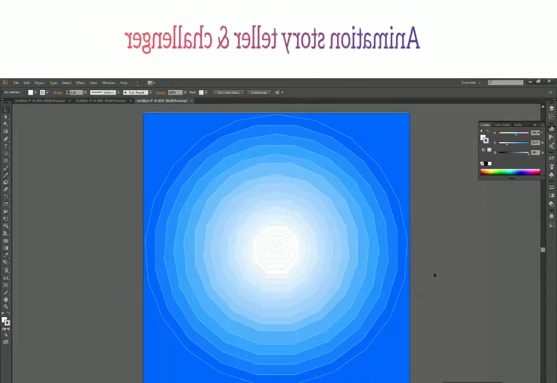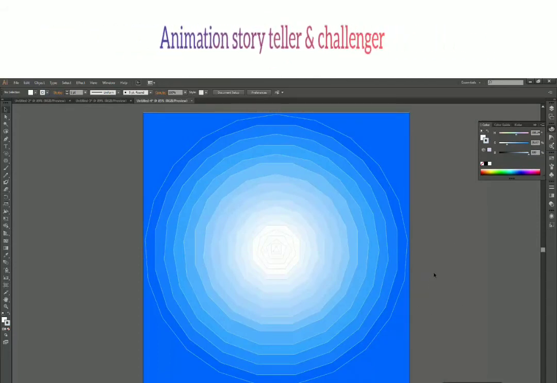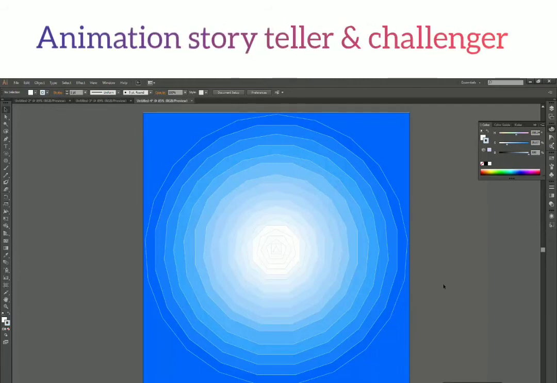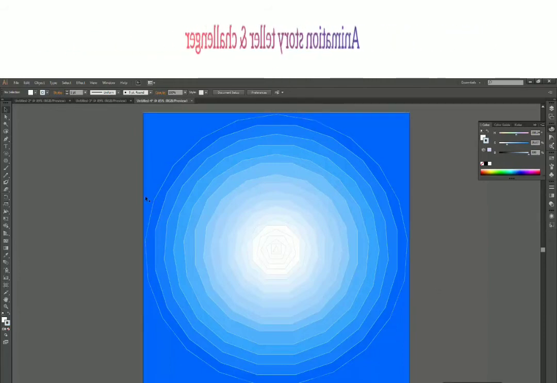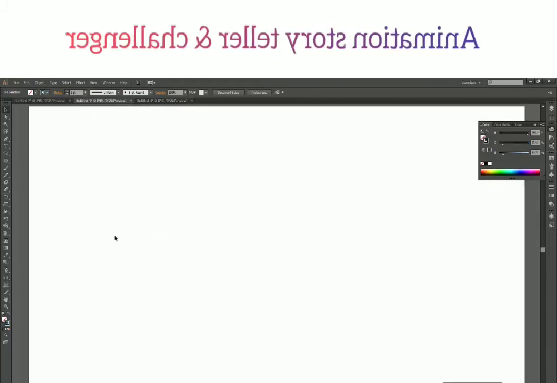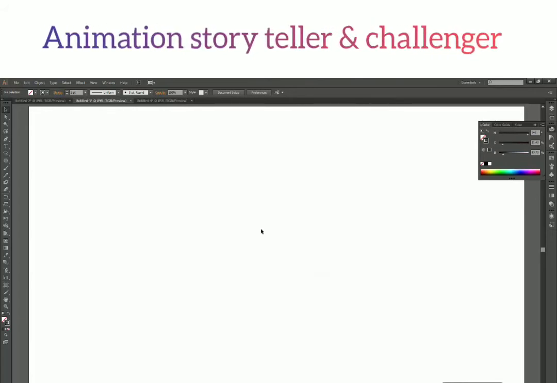Again, you can experiment with colors and shapes, and you can create a variety of things after learning all this stuff, all the shape tools. So that's a short demo of what we can do just by using one single tool, that is the polygon tool. Now let's see the last tool we have to learn today.